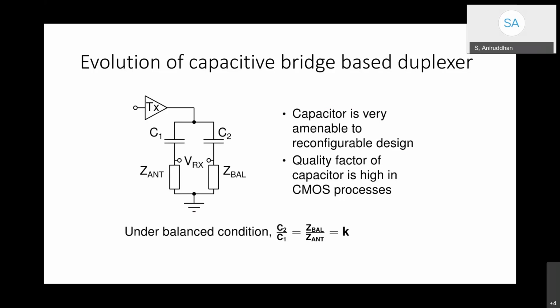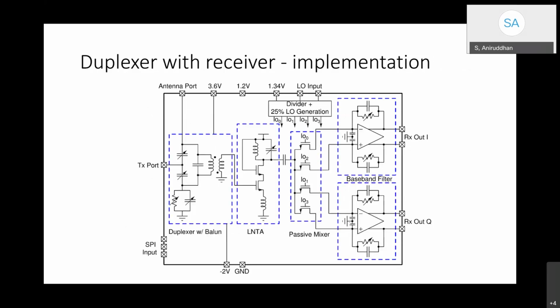In this particular bridge, under the balance condition, the ratio of capacitances has to be equal to the ratio of the antenna impedance to the balancing impedance. So I'm going to call this K here, because I'm going to point out what happens when you vary this value